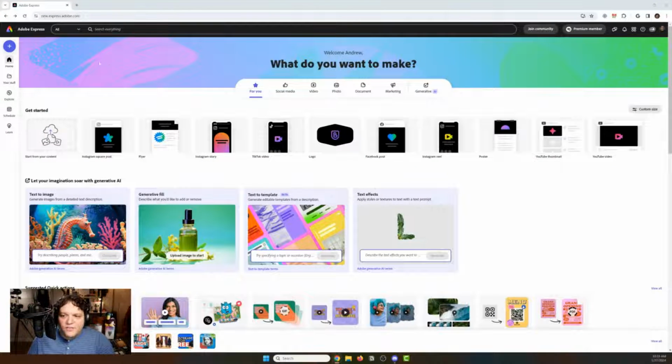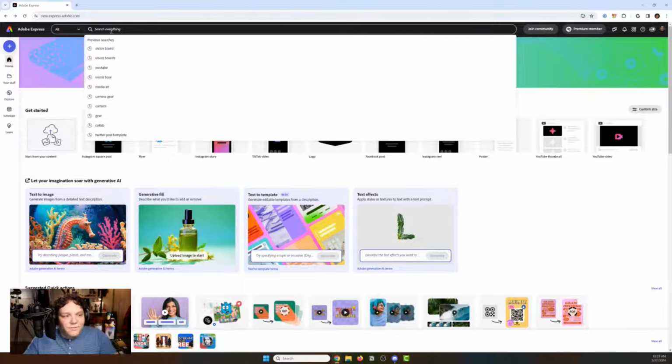So this is Adobe Express. If you're brand new, it's what we're going to be using today for our vision board. And there are a lot of ways that you can get started. Now, I know this can look very intimidating, but Adobe makes it pretty easy to understand. There are a couple of ways to do this, and the first thing we're going to do is search everything they have, and you can see vision boards, vision board.